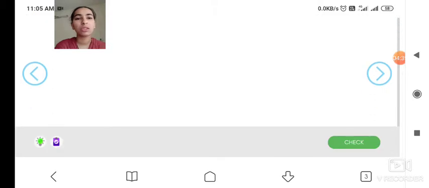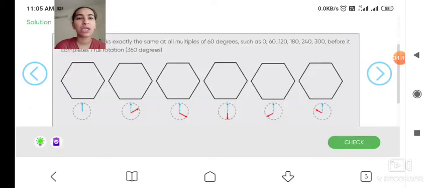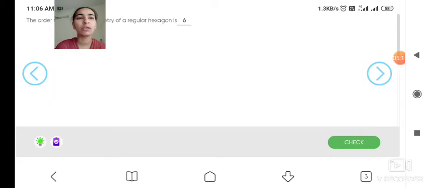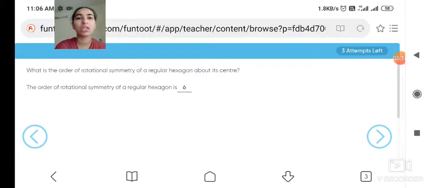How? Just see in the figure. If I rotate by the first 60 degrees, it looks exactly the same as the first one. If I rotate by another 60, that means 120 degrees, it looks exactly like the first one. That means 6 times it looks exactly the first figure in 360 degrees. How many times it looks exactly like the given figure, that we have to count. That count is called the order of rotation. Okay students,